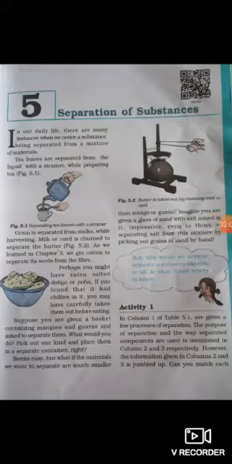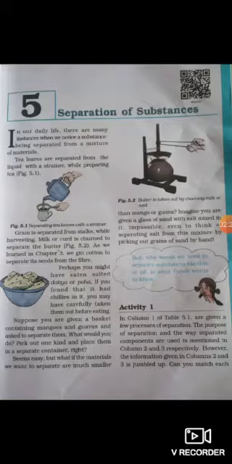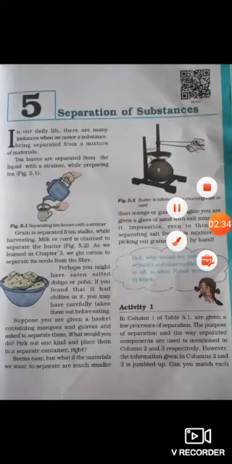And the third reason why we do separation is to separate two useful components if we want to use them separately. We have seen this example also, that is separating lassi and butter by churning curd. So what we have done, we have separated two useful components, lassi and butter, by churning curd. Because we want to use them separately, we want to drink lassi and we want to eat butter also, right?